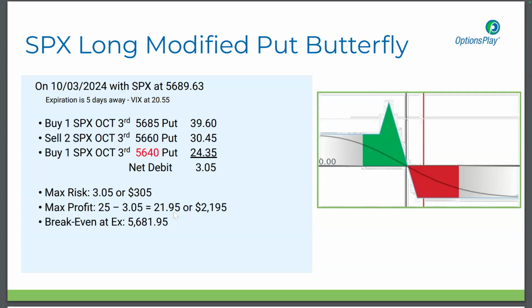If you rode all the way to expiration and you got lucky enough that the SPX or the index stopped at 5660, well, you should have been out a lot sooner than that, right? Because you shouldn't have taken on that risk. So if I'm doing a trade that's got 25 points as the width of the spread here, and that's the max upside minus the debit, of course. If I can double on this trade, I'm definitely going to get out. And in this instance, if it's a $3 trade and it happened tomorrow and I was up $1, well, yeah, I'd probably get out of the trade.